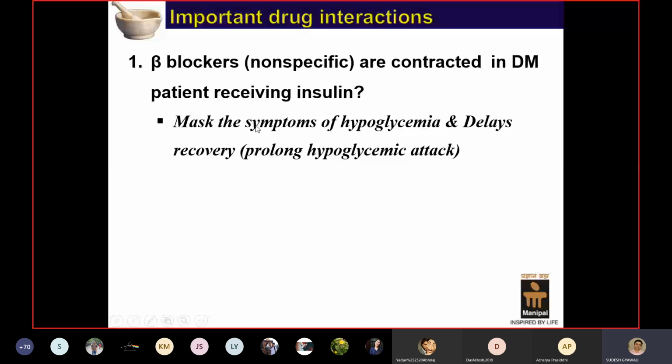So if you use a selective beta blocker, then there will be masking of symptoms, but that will not delay the recovery. Okay, so the selective beta blockers are a little bit good, or you can say the selective is bad and non-selective is very bad. Okay, both are not good to give, but the worsening of the symptoms will be more common with non-selective. So that is why the non-selective is more dangerous. Even selective is also not very safe. Okay, or say cardioselective beta blocker.